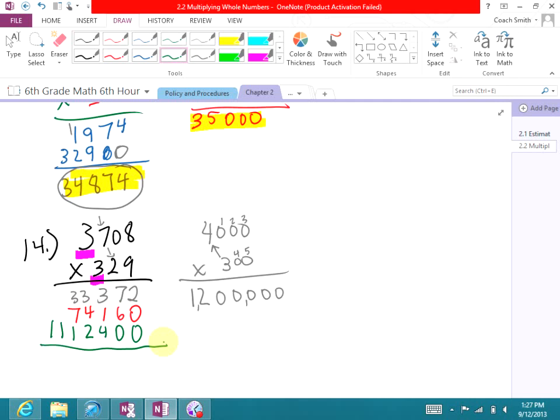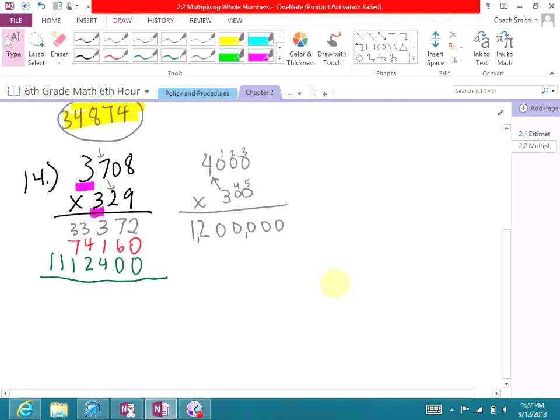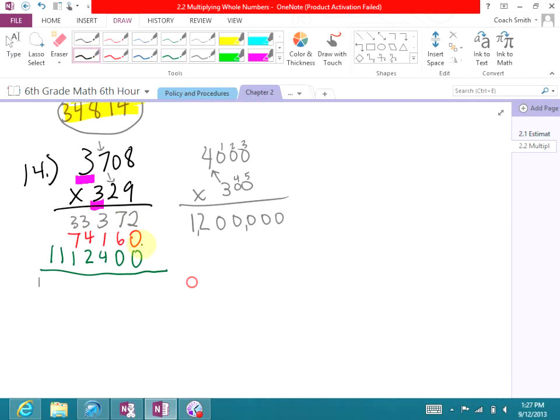Now I've got to add them all up. All right, so that gives me 2. That gives me 13, carry my 1. That gives me 4, 5, 9. That gives me 9. It gives me 10, 11, carry my 1. Gives me 2, 1. So that gives me